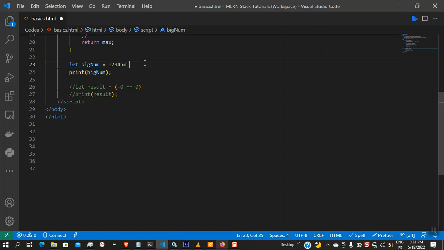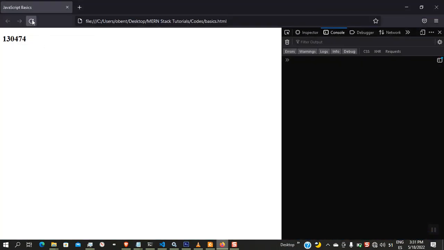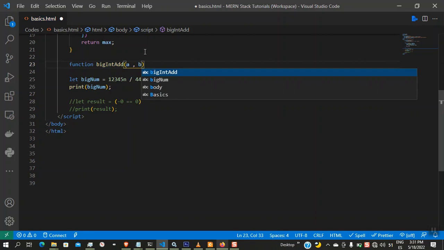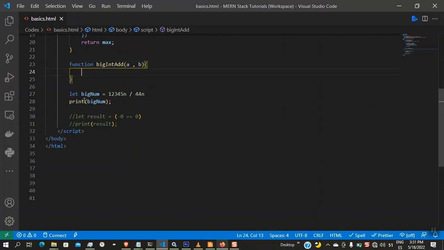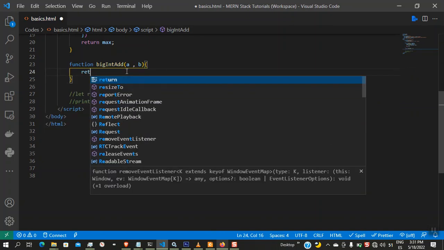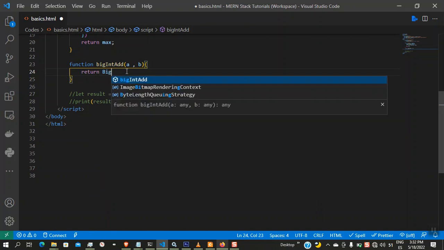You can say divided by n. So remember, if you want to convert a normal literal to BigInt, for example, if you have a function called BigInt add that takes a and b. These can be large numbers, but your function assumes they are BigInt, so you need to be sure each one is a BigInt. So you can say return BigInt